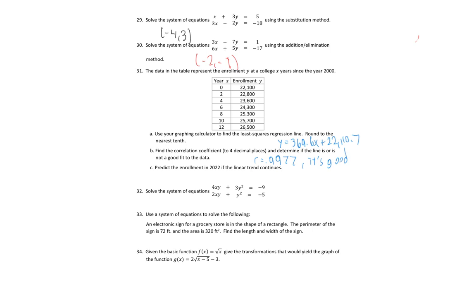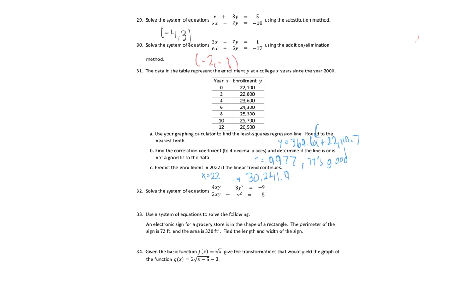And so next we need to predict our enrollment in 2022. Now note, x is years since 2000. So in this case, 2022 is 22 years since 2000. I can go ahead and plug that into my calculator. I'll just plug 22 in for x here. And what I get is 30,241.9,